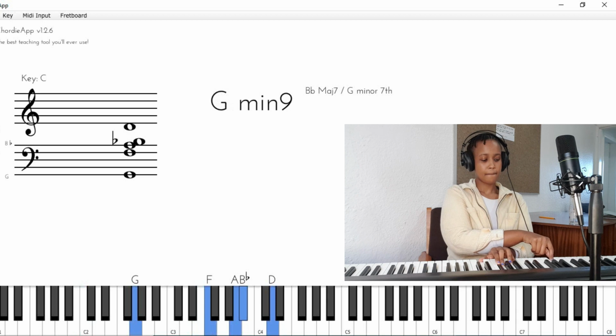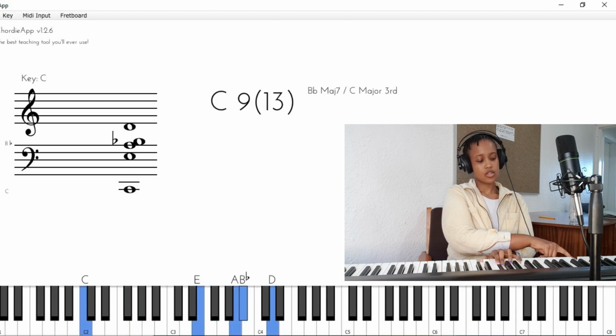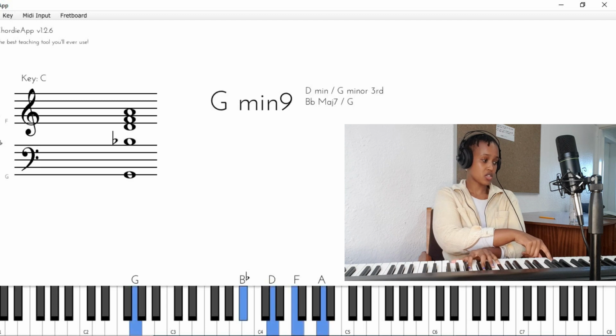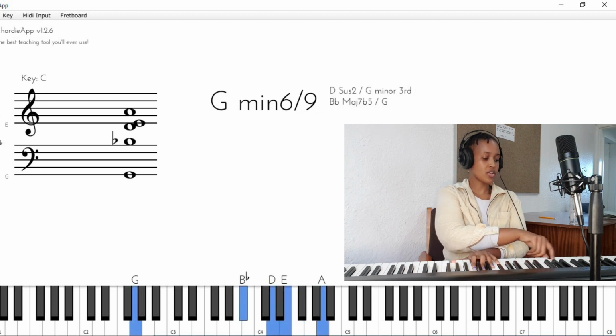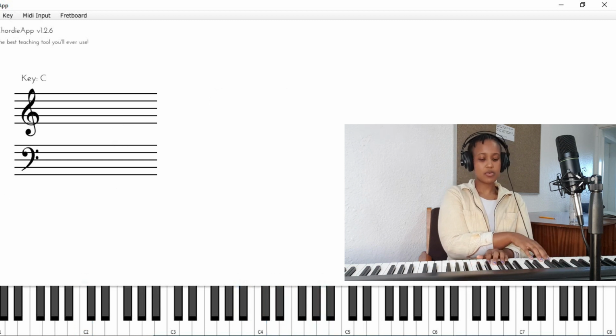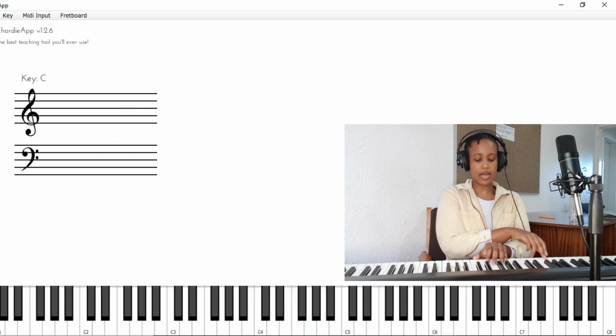So same thing if I were to move on this position. The only thing I would need to move is the 7th down here, which will act as the 3rd of C7. Okay, and similarly with A minor 7